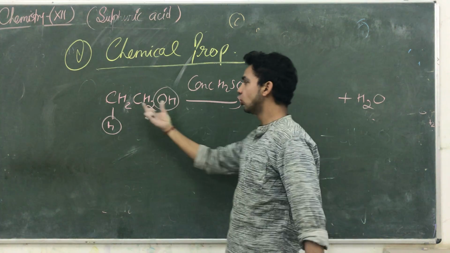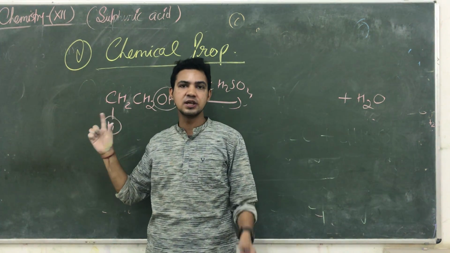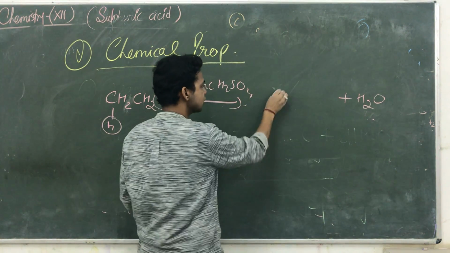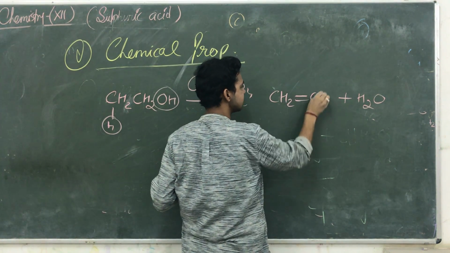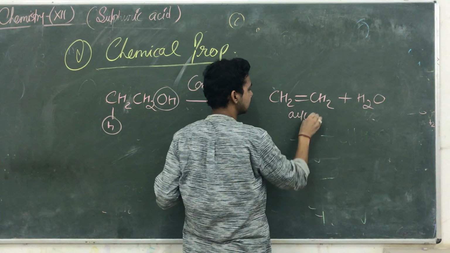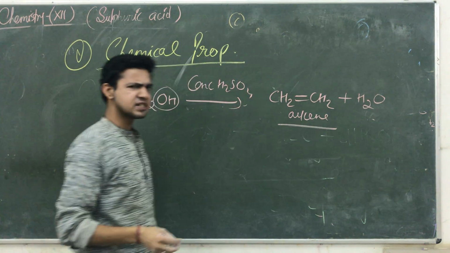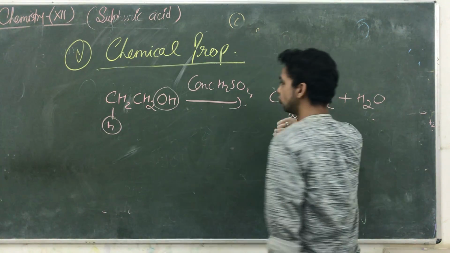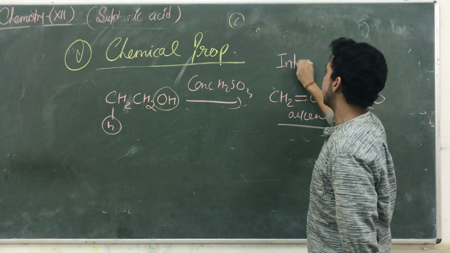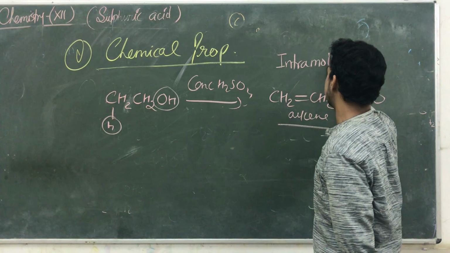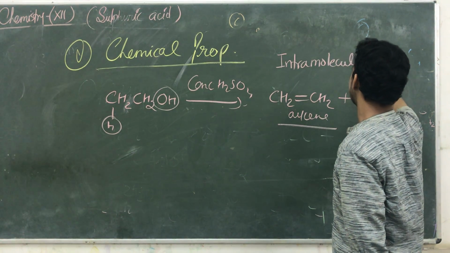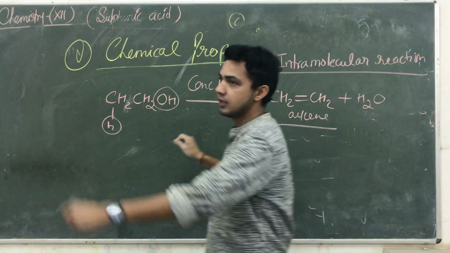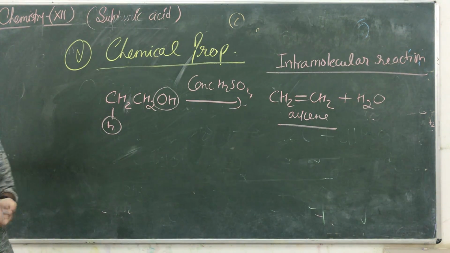H2O. और इन दो कार्बन के बीच में सिंगल बॉन्ड तो था ही, अब यहाँ से H और OH जाने से इनके बीच में क्या डेवलप होगा? डबल बॉन्ड. So they give you a very important compound that is known as the alkene. But it is which kind of dehydration? It is the one in the same molecule, that is known as the intramolecular dehydration. Intramolecular reaction. ये एक ही molecule में चल रही है, तो इसको हम intramolecular reactions कहते हैं.